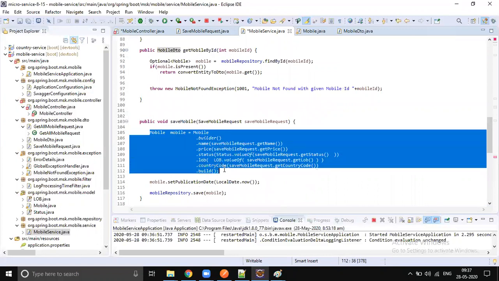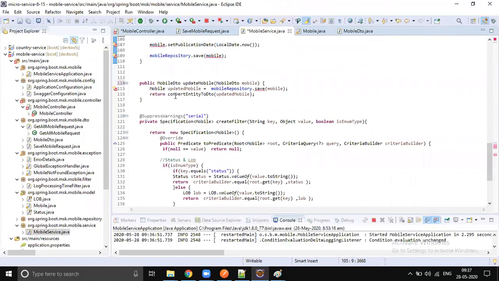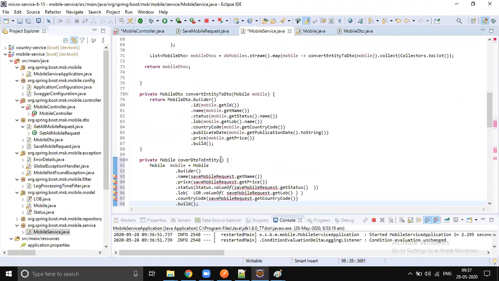So earlier we converted entity to DTO. Now let's convert from DTO to entity. It's a reverse of the above. So private, convert DTO to entity. This method takes an input of mobile DTO, right?